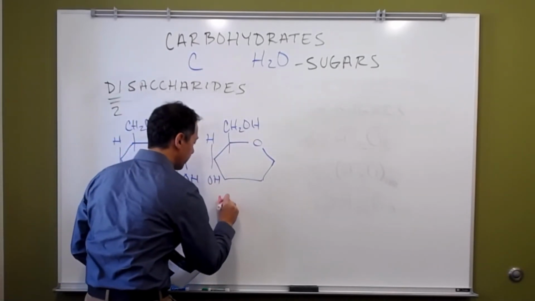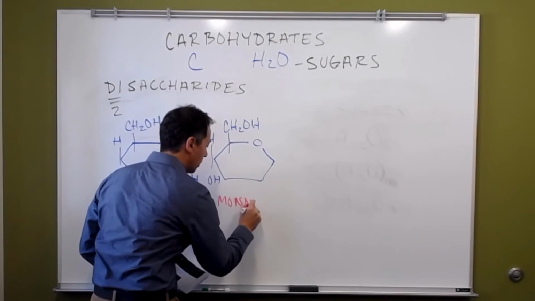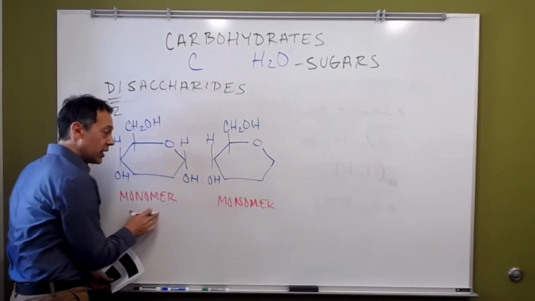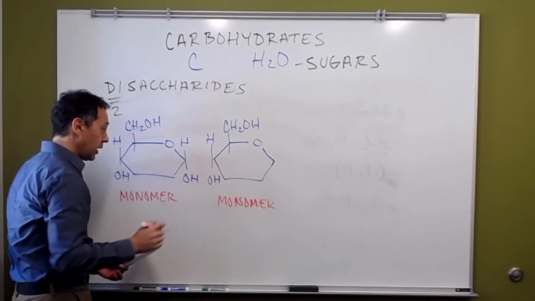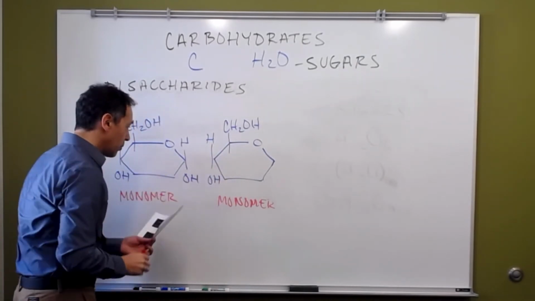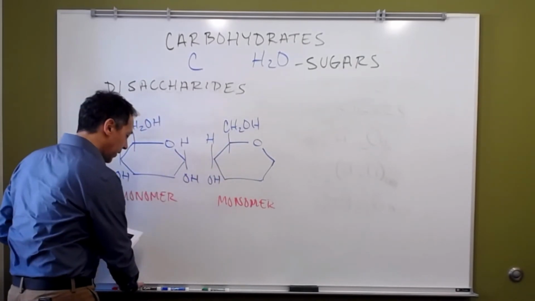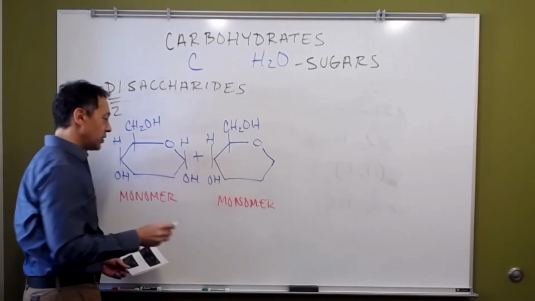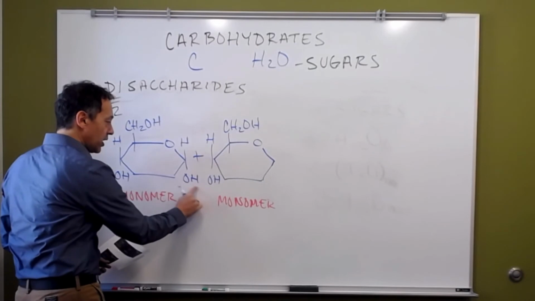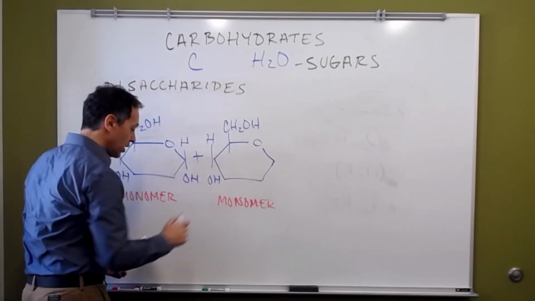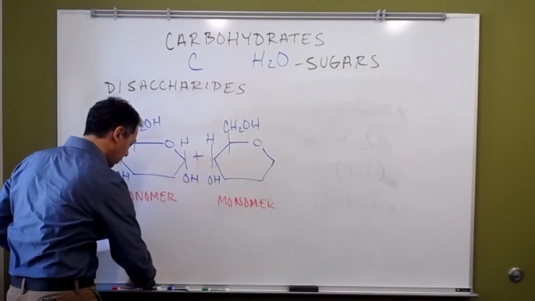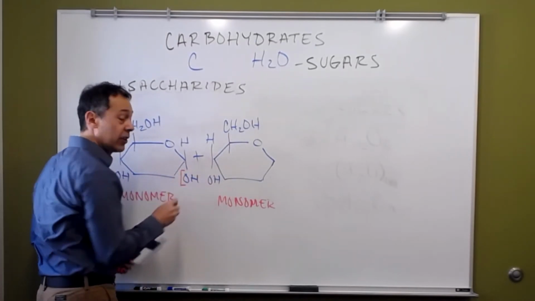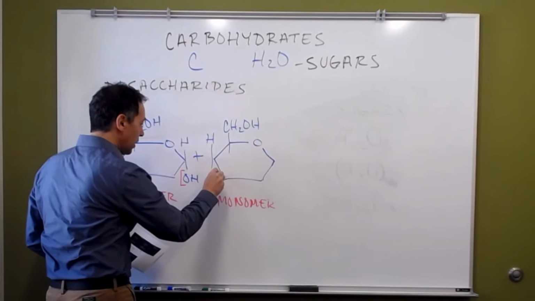Monomer, or monosaccharide, okay? Individual carbohydrates here. And if I join these two together, you might recognize, I've seen this before. We have a hydroxyl group here, we have a hydroxyl group here. I bet what we could do is take the OH off of one of these and maybe the hydrogen